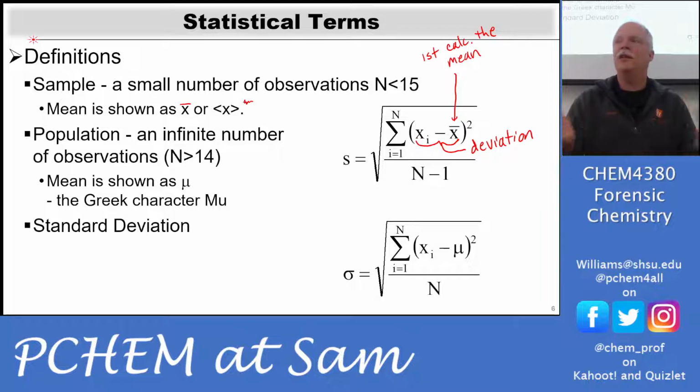So we get rid of the negatives by squaring everything. So that's what the square is. So this is the squared deviations to make them all positive, and then we sum those together. So we're adding the squares of the deviations so we get a larger number, and they're all positive. And so then we divide by the number of measurements.